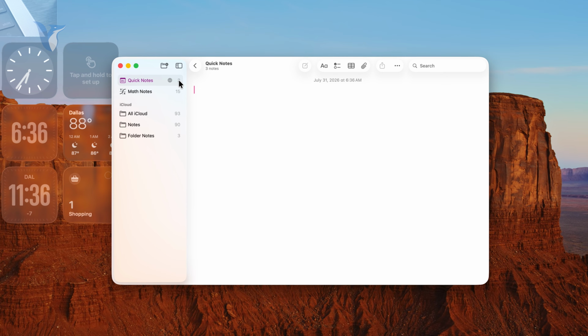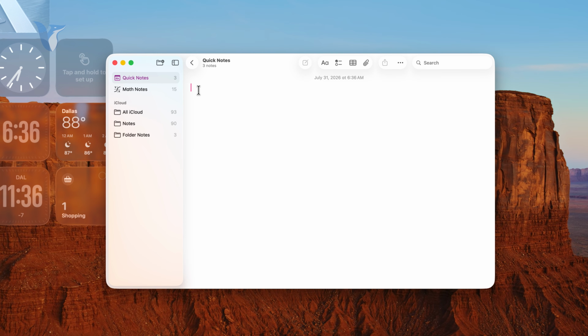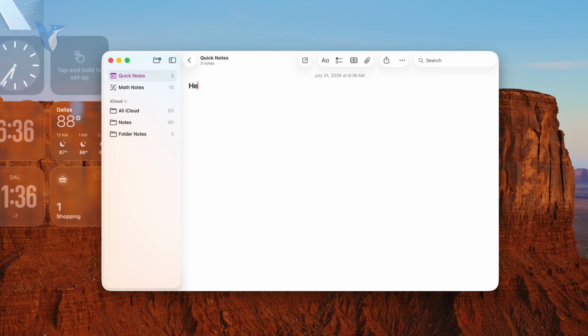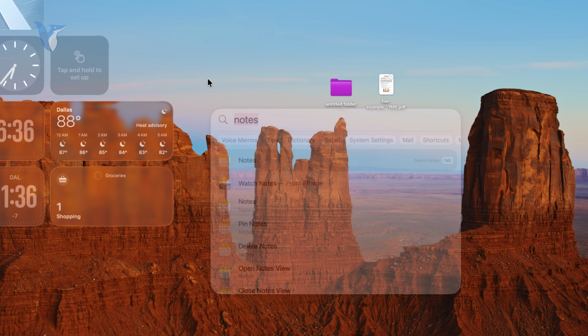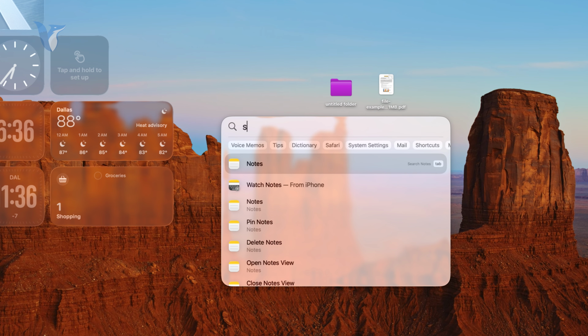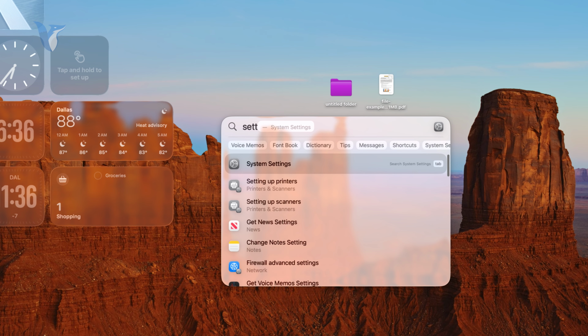And now you get to see that we have 3 quick notes currently available, and I can just start typing something in, whatever. So the whole point is that it is part of this category and not part of the main notes section. However, you should know that the best way to create new quick notes, if you ask me,